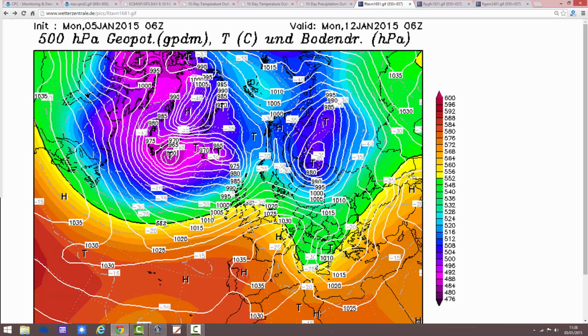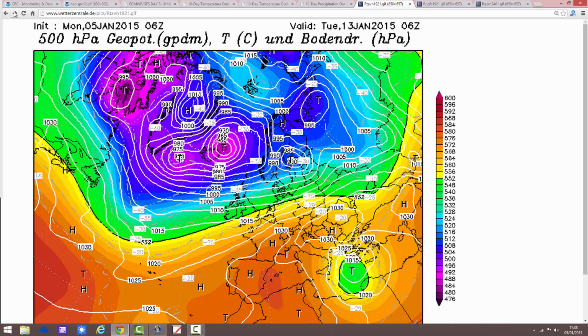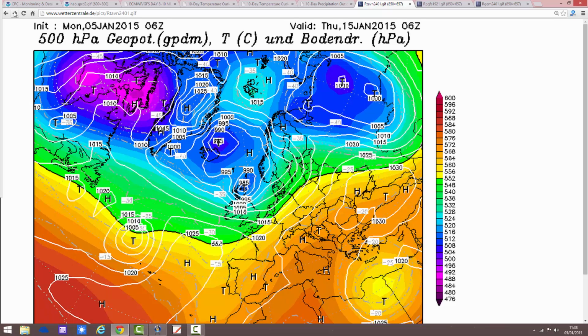Start of next week we bring the next area of low pressure through, so it turns wet and windy again for the start of next week, particularly in the north and the west of the country. Going through to Tuesday the 13th, we're in that flat westerly flow still. Thursday the 15th, this is around the time period, daytime, where we could start to see that change towards colder conditions. Notice that the purple colours are easing off across Scotland, so the worst of the low pressure and the worst of the cold temperatures are going from Greenland as we start to bring down this northwesterly wind.